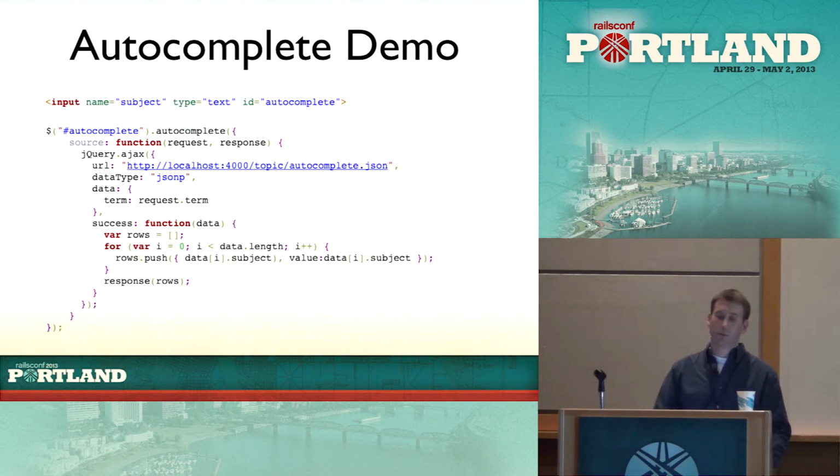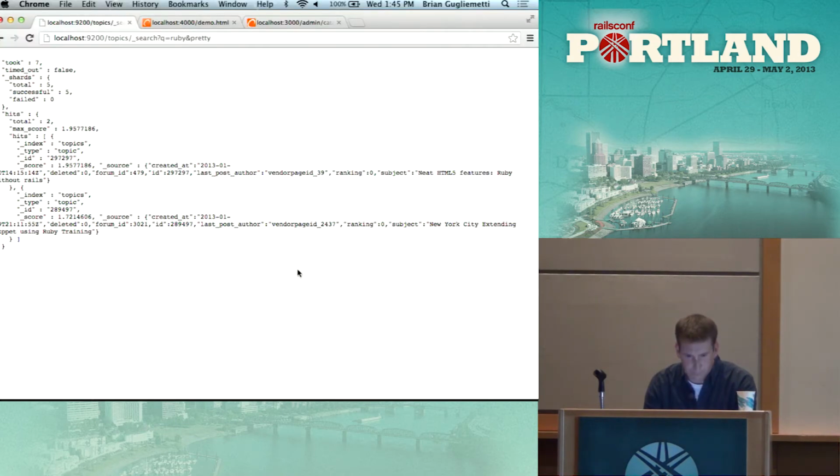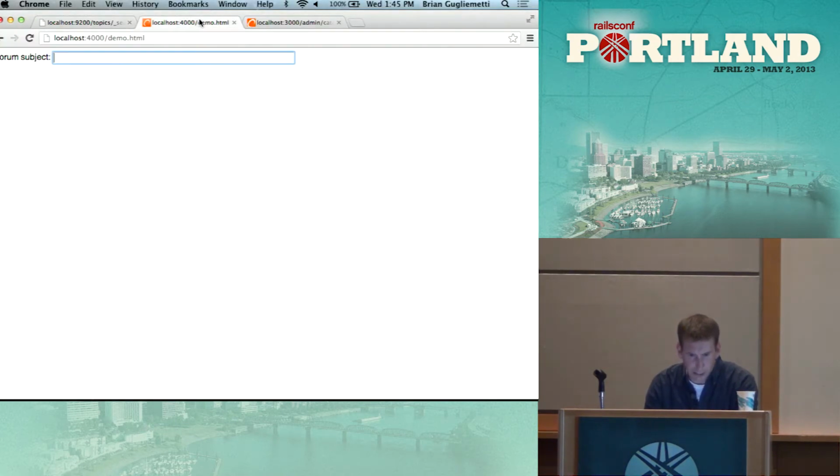And then, of course, we have a simple HTML document that has a field for doing the autocomplete, and we're using jQuery's autocomplete plugin for hooking that all up. And in this case, I'm using JSON-P since I'm running this all locally on my box. So if we go back over here,